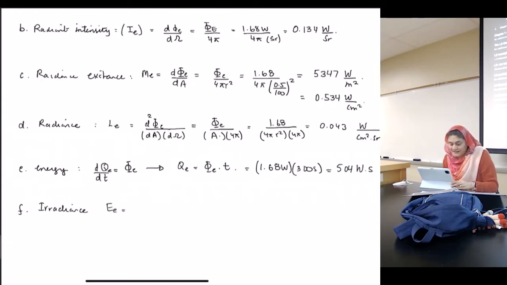Irradiance is power divided by the area of the eye. That means this is going to be phi E divided by the area of the eye, which is delta A